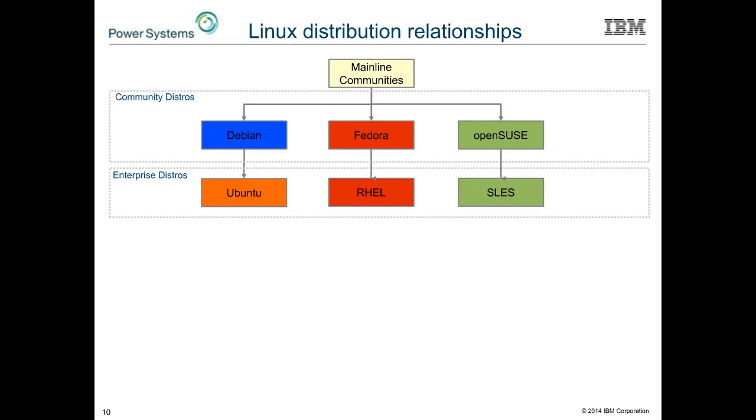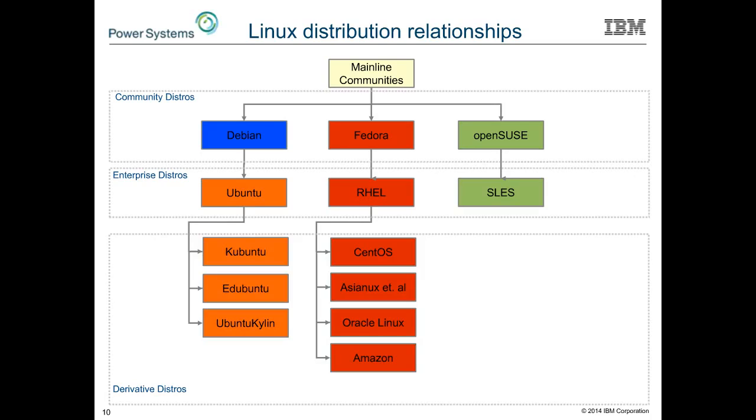But then what happens after that is really interesting. So the Ubuntu community actually promotes a set of derivations. They're very open about that. You can get the Kubuntu for the KDE desktop. You can get the Edubuntu, which is focused on solving problems for students in education environments, or even very, very specific distributions like Ubuntu Kylin targeted for the China market.